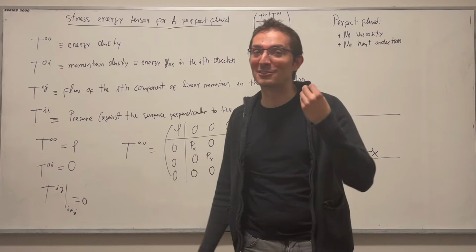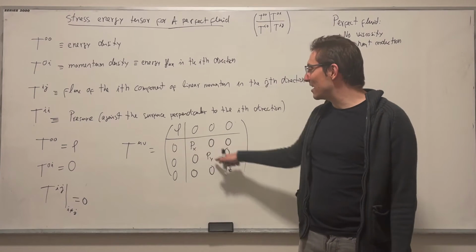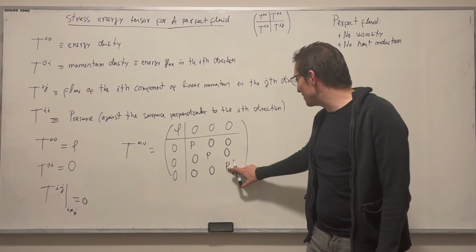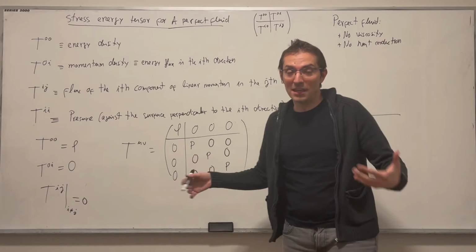And those are multiples of the identity. So what I know is that the T_ij, the diagonal elements T_ii, cannot be different. They have to be the same. The pressures cannot be different in the different directions. Because if it were the case,